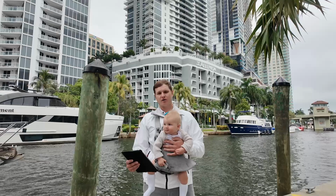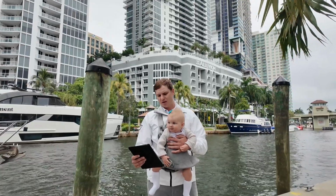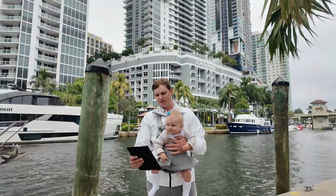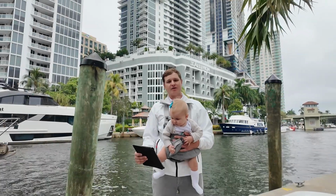You can run the air conditioning overnight and it will only drop about 10% in the master cabin. Don't quote me on that, but I believe that to be the case. I'm going to take you for a full walkthrough through the boat,